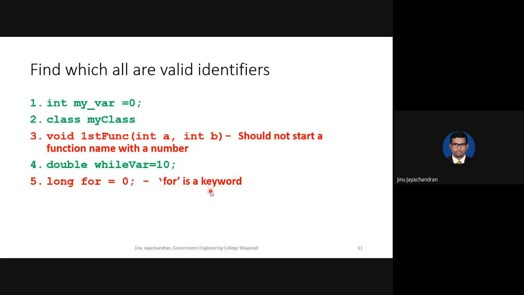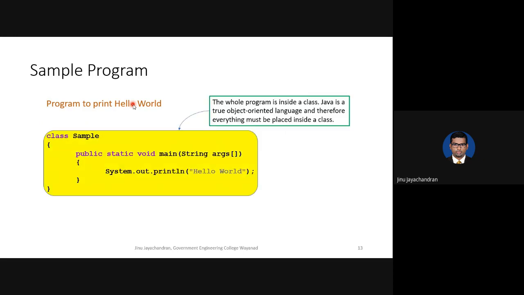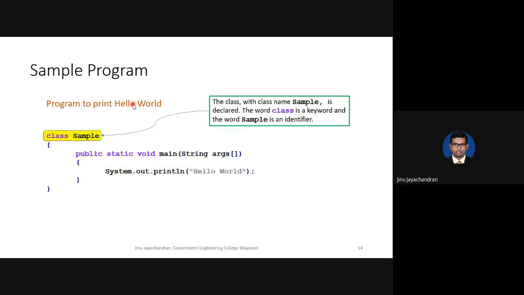For is a keyword, which is not possible. Now, coming back to our program. So this is the whole program of, you can say, a simple program in Java, and all the program in Java is inside a class. In C++, the main function was outside the class, but in Java, everything is inside the class, including the main function. So the class is the keyword,